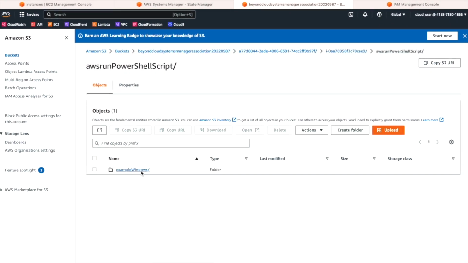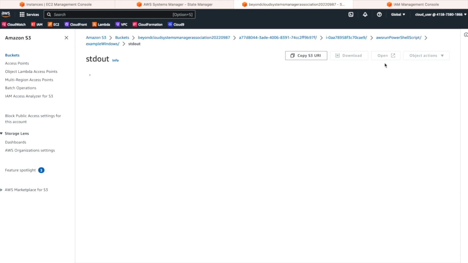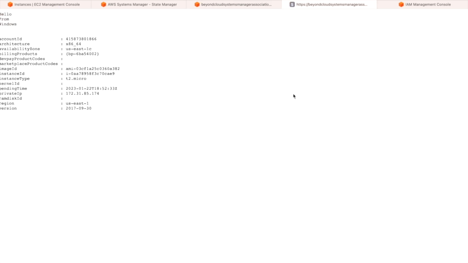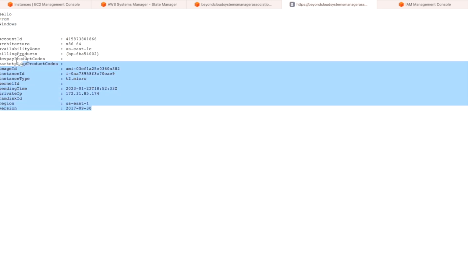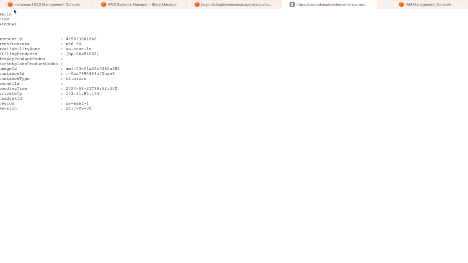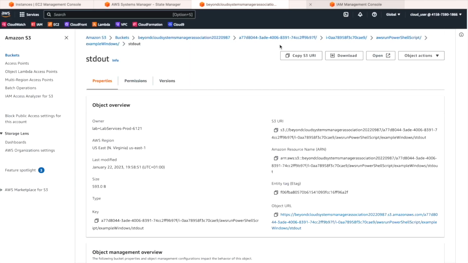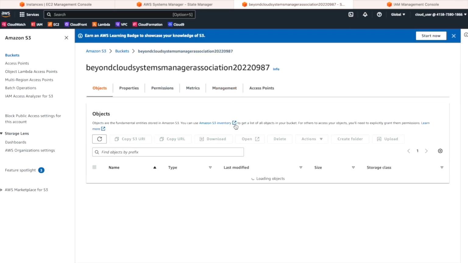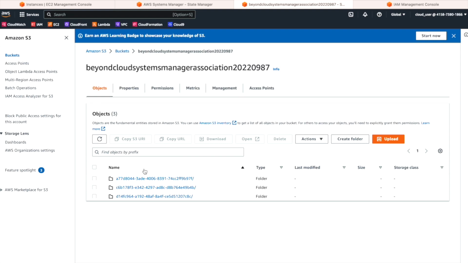If we open up example Windows stdout, and if we open the output, awesome, hello from Windows. As you know, Windows is more UI friendly, so it has formatted everything on its own. It's a hello from Windows, and this is the metadata and everything, and that's awesome. So this is the basic automation, folks, that I wanted to highlight here,